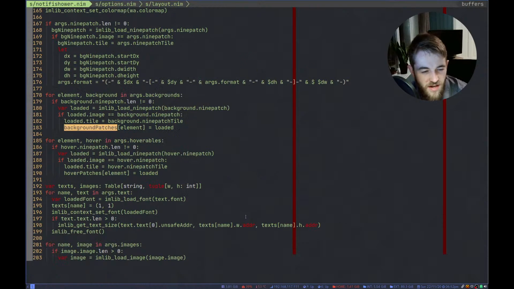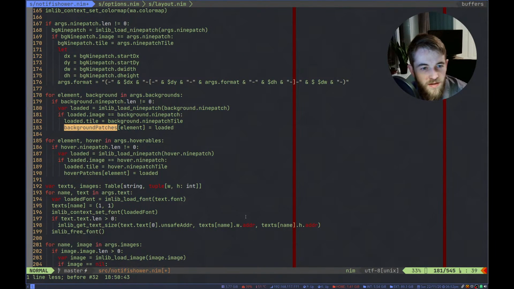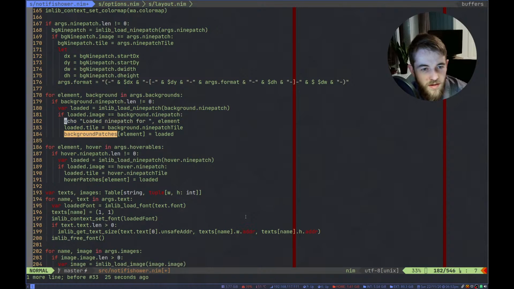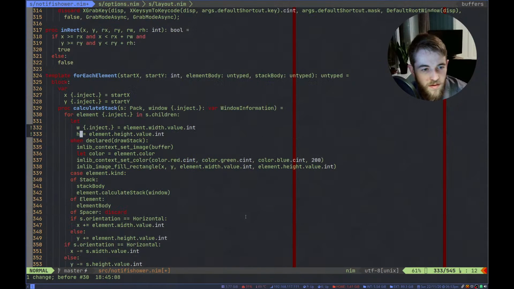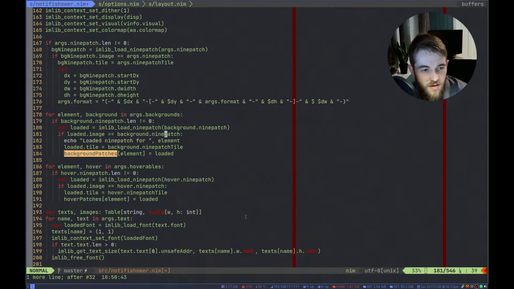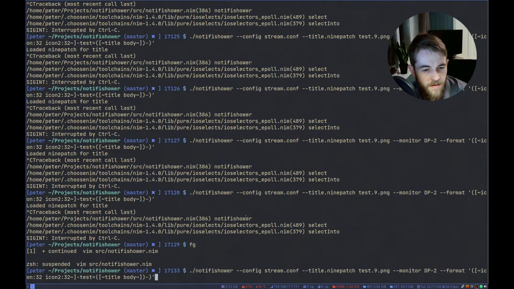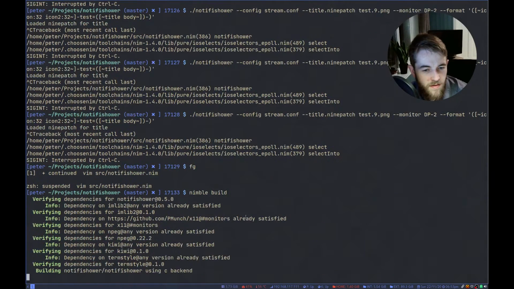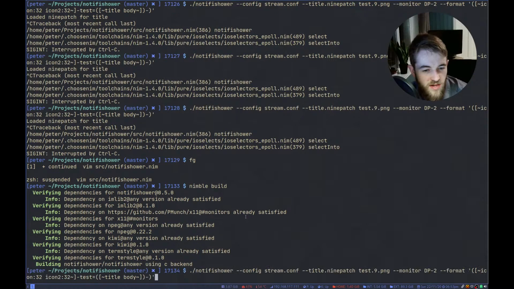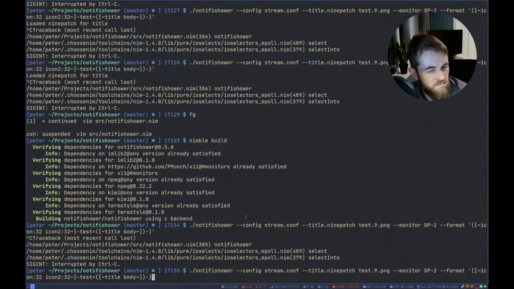Wait, did I change anything else? Right. No, I didn't. What? That is trippy. Okay, so I didn't change anything and now it works. Not sure I like that.